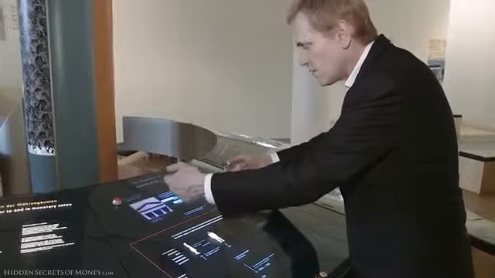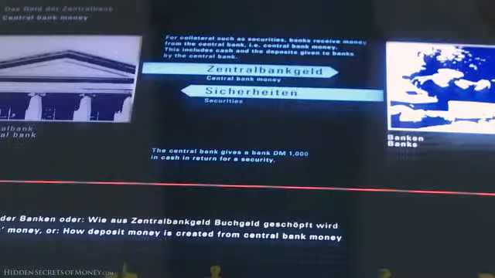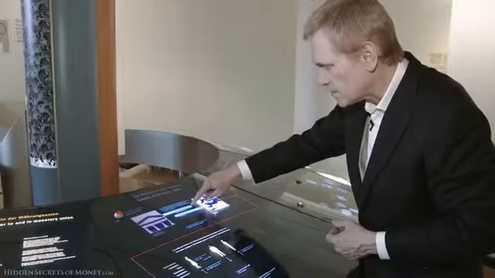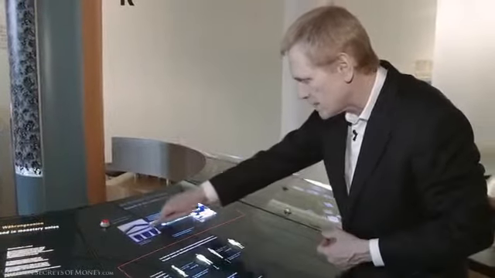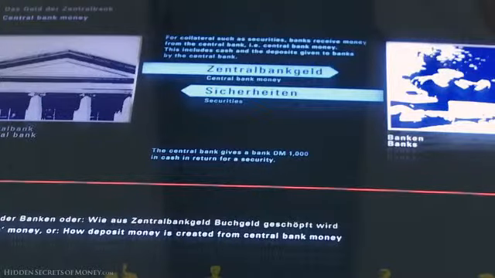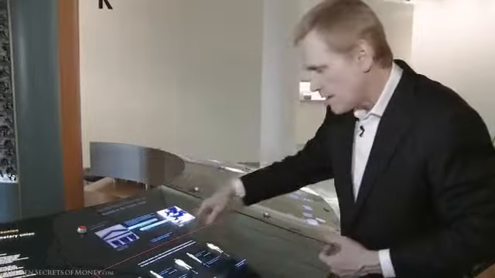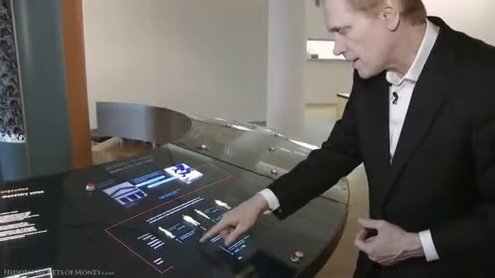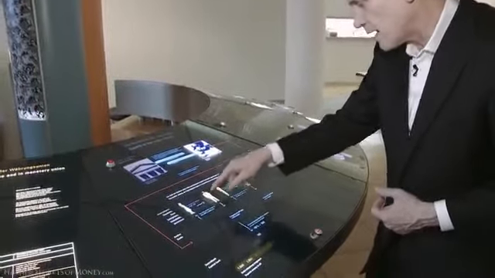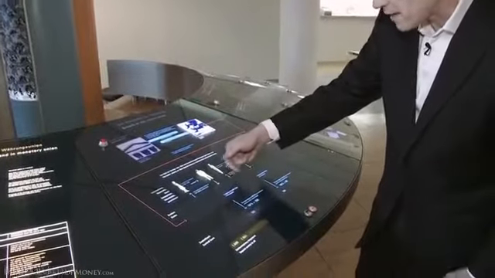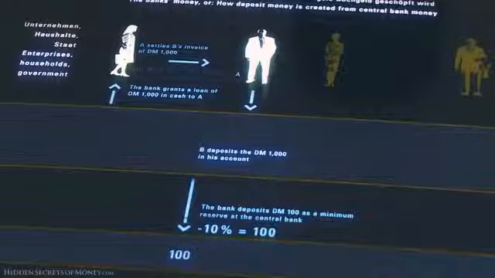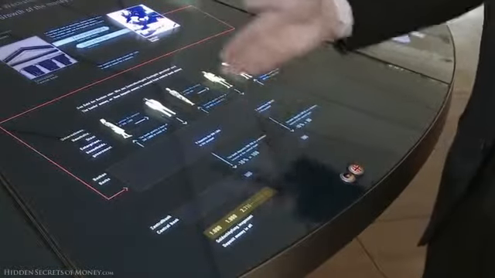Basically, the central bank and the Treasury swap IOUs. The central bank writes a check and the Treasury issues a Treasury bond, which is an IOU, and that creates currency, and then somebody is paid, it gets deposited into a bank account, and of 1,000 marks, they withhold 10%. So right here, they're already telling you that his bank account is a lie. He deposited